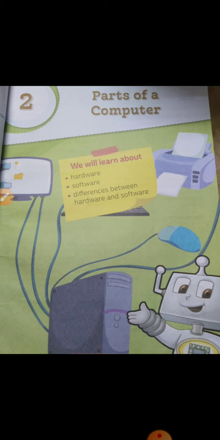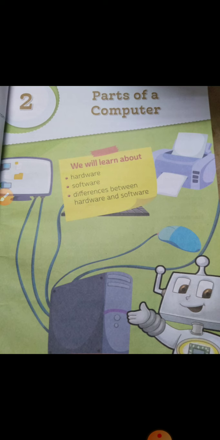So children, we have learned about some parts of our hardware. Monitor, CPU, keyboard, these things we have already completed. Hope all of you have understood them. Monitor is an output device. We can see whatever we enter into the computer on the monitor screen. We can display anything, like pictures, tables, numbers, graphs, so many things can be displayed on the monitor screen.